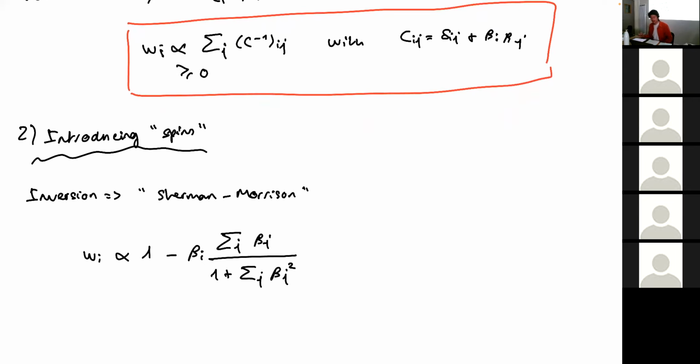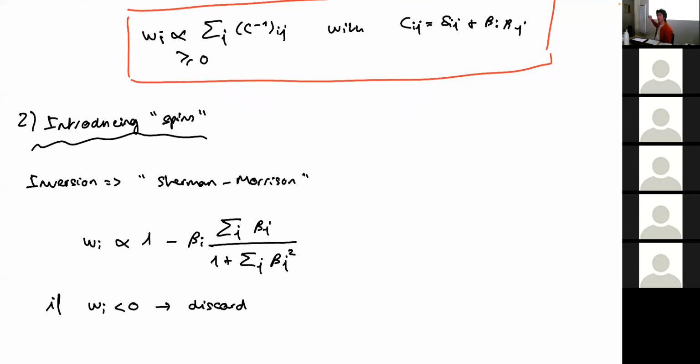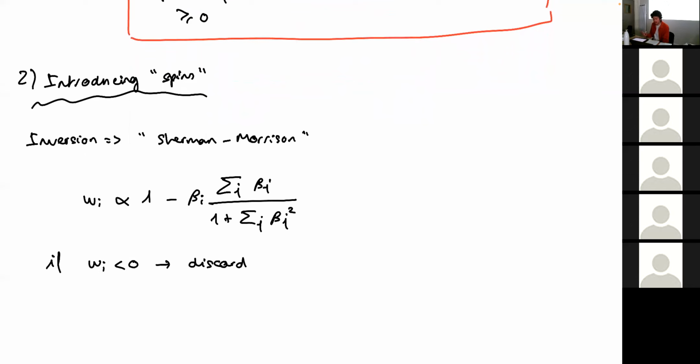Now, we said that we're going to forbid the negativity of these expressions. So what do you do if you find yourself with a WI that's negative? If WI is negative, you want to discard it. And if you discard it, you need to exclude it from these sums to recompute the WIs of the species or the assets that haven't been discarded. So this is why we introduce